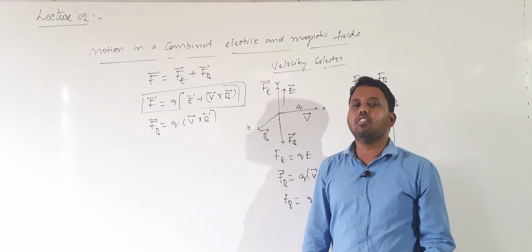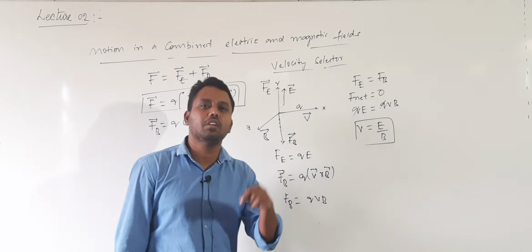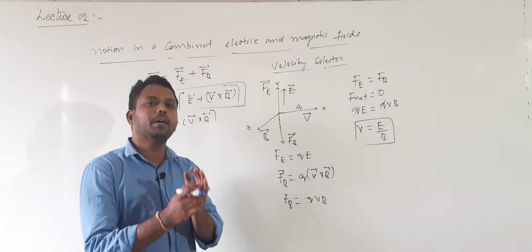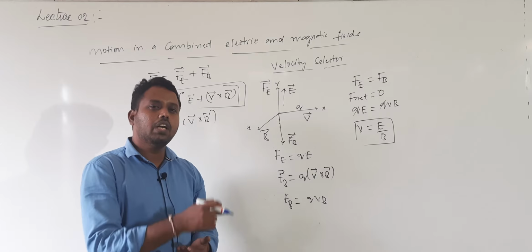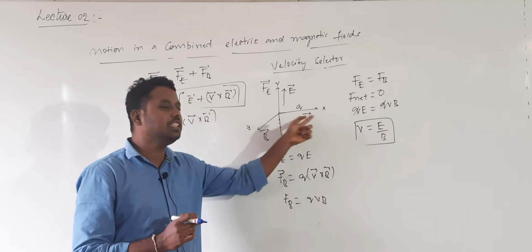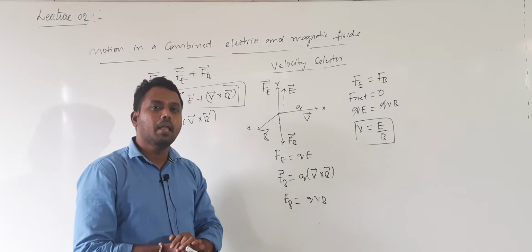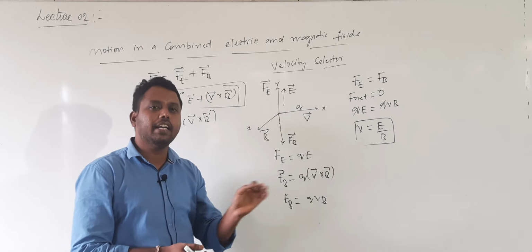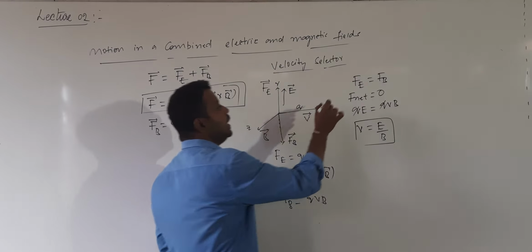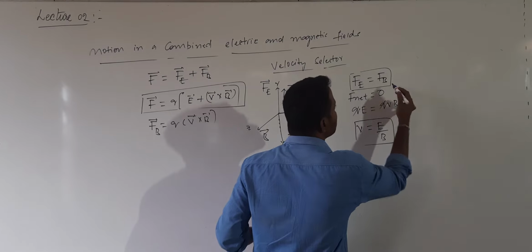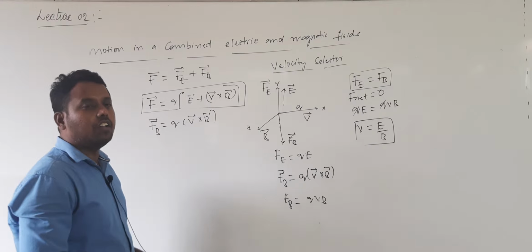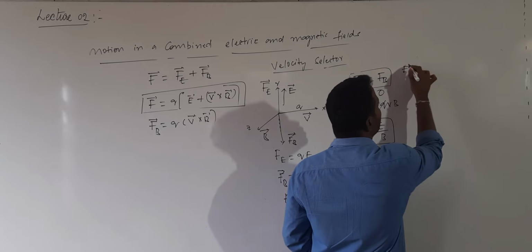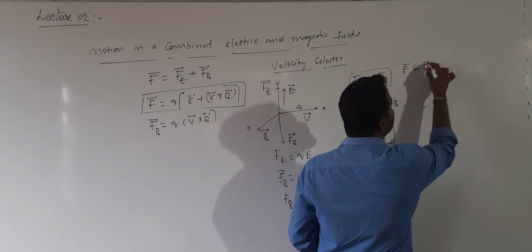When net force acting is 0, then what happens? The particle will follow a straight line path. In which path was the particle initially going? It will follow the same straight line path. Initially it is going along x-axis. The path of the particle is unaffected, so the particle is undeviated. When the force due to electric field is equal to the force due to magnetic field, then both E bar and B bar are said to be crossed.